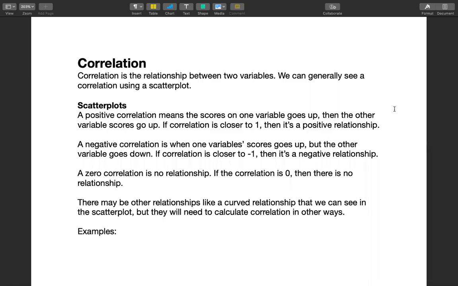All right, this video is about correlation. Correlation is the relationship between two variables. So we can generally see a correlation using a scatter plot. And when I say a correlation between two variables, it's if we have,